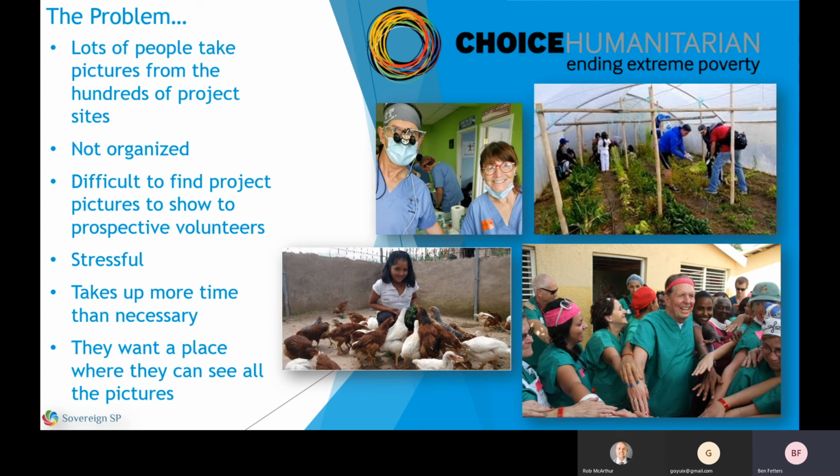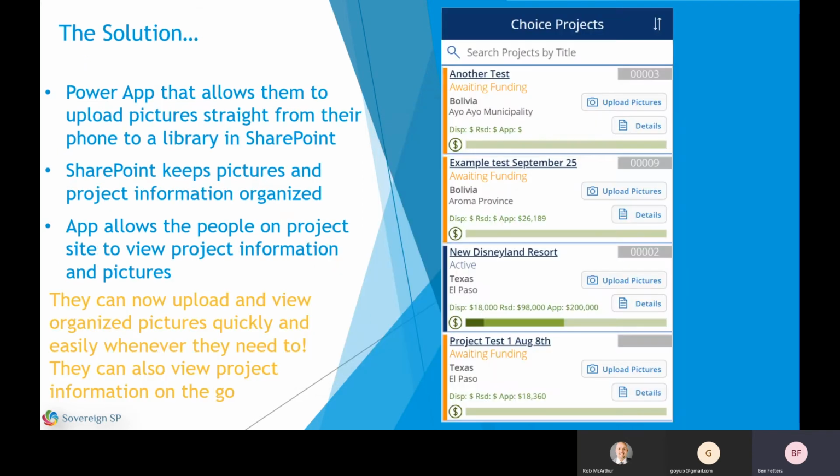Here's some of the examples of the pictures they have on their site. They're really an awesome organization if you want to ask us questions or go to Peru or Kenya or something and do an expedition out there. But so the solution we came up with